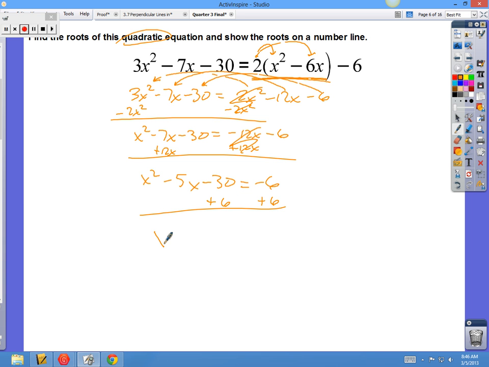Okay, we're going to go x squared minus 5x minus 24. So it's a little bit of work. I turned that mess into x squared minus 5x minus 24. And you can continue your quadratic formula, find a, find b, find c. A is going to be 1, b is negative 5, c is negative 24. But hopefully